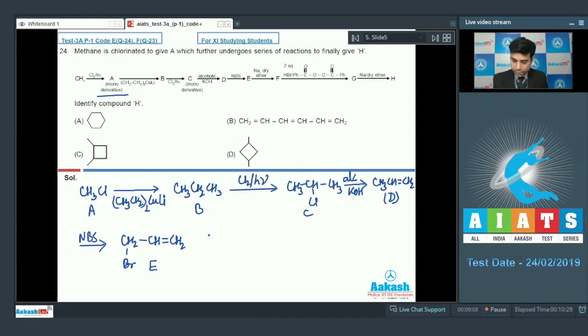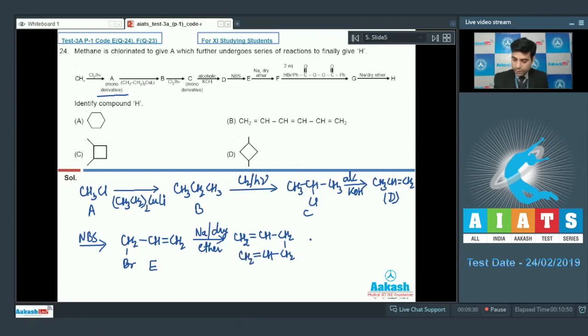So this is E. Now, it reacts with sodium and dry ether, that is the Wurtz reaction. So on Wurtz reaction, it gives us CH2=CH-CH2-CH2-CH=CH2